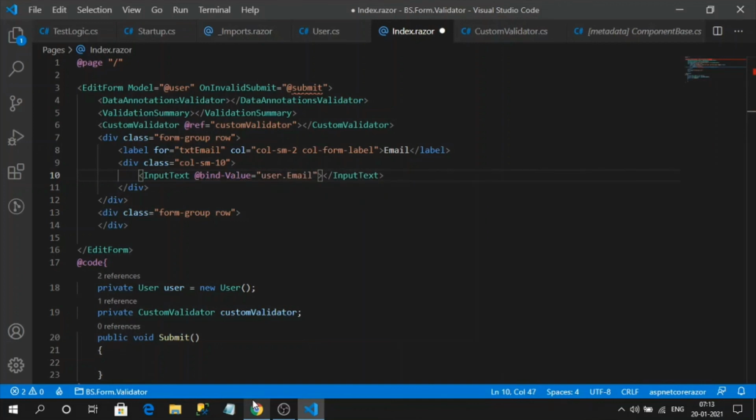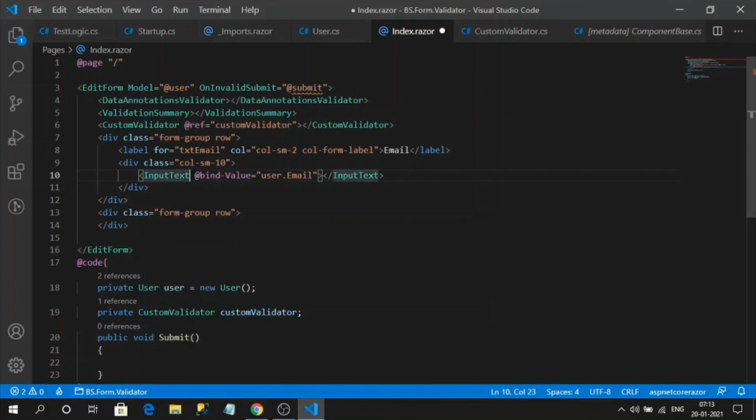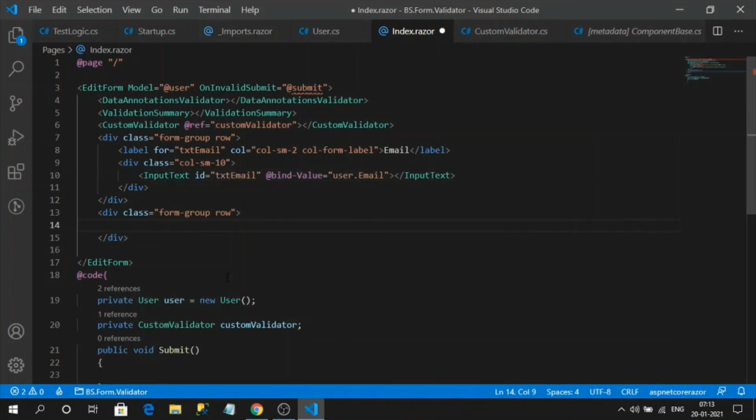Okay. Now whatever data entered into this input text box will be captured into our user.Email property. Okay. And I can add an id attribute as well, id equal to txtEmail,